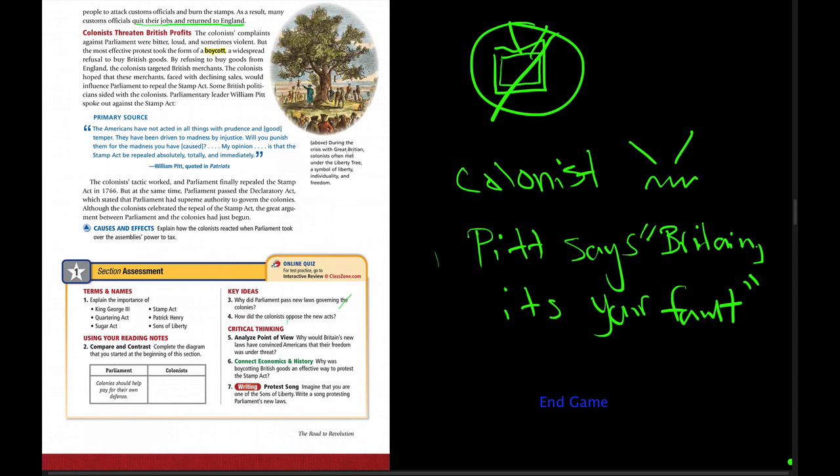The colonists' tactic worked, and Parliament finally repealed the Stamp Act in 1766. But at the same time, Parliament passed the Declaratory Act, which stated that Parliament had supreme authority to govern the colonies. Although the colonists celebrated the repeal of the Stamp Act, the great argument between Parliament and the colonies had begun. So now we're going to see an ultimate battle between Parliament